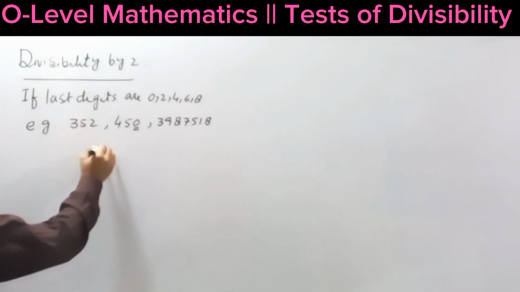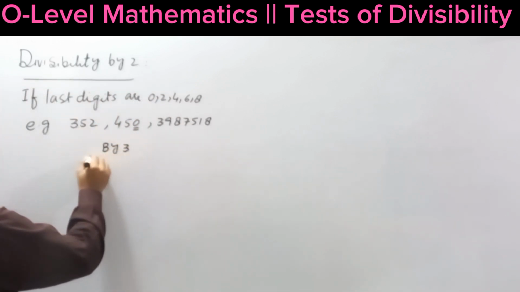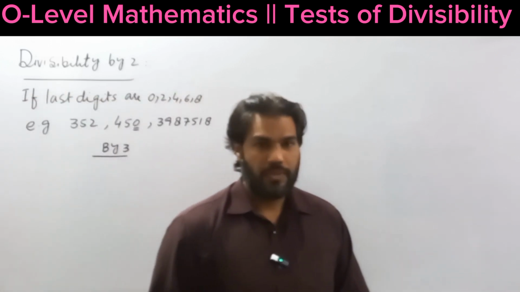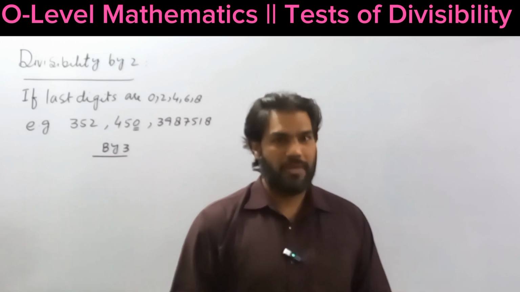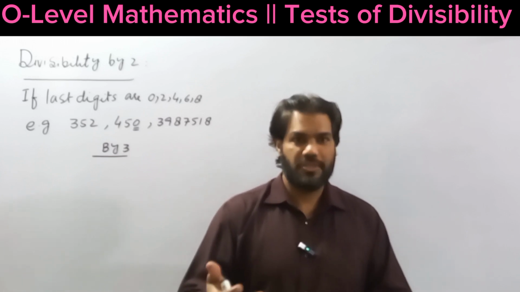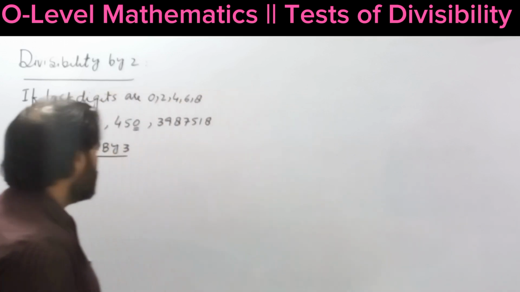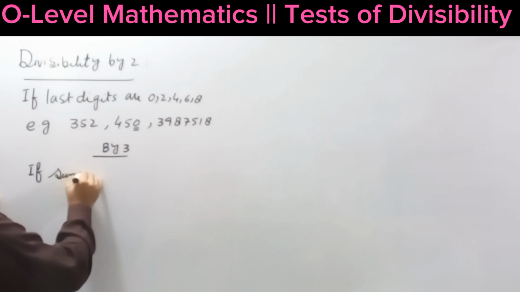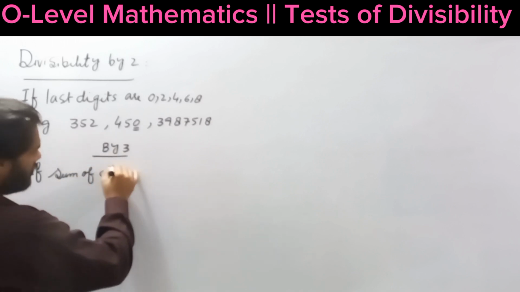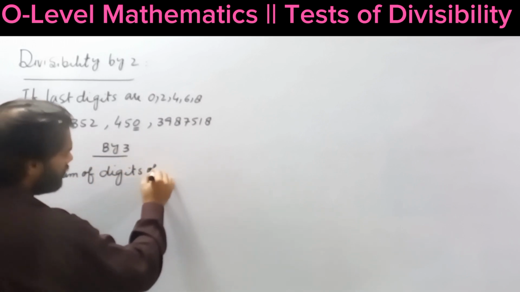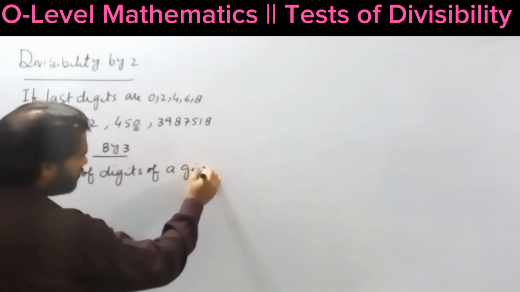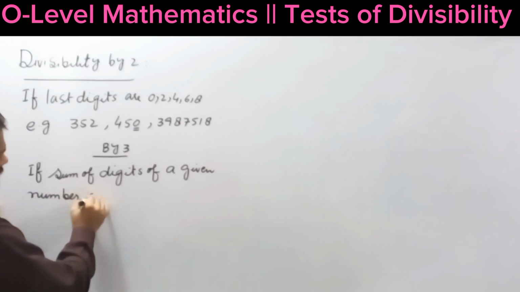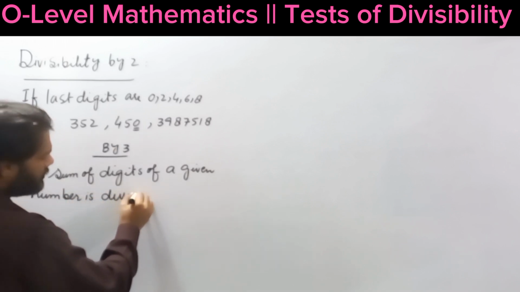Divisibility by 3. A number is called divisible by 3 if the sum of its digits is divisible by 3, then the number itself is divisible by 3. If the sum of the digits of a given number is divisible by 3,